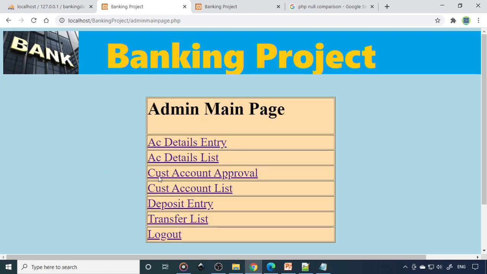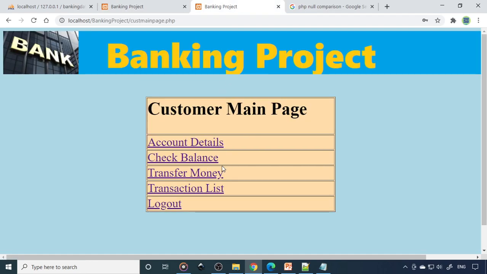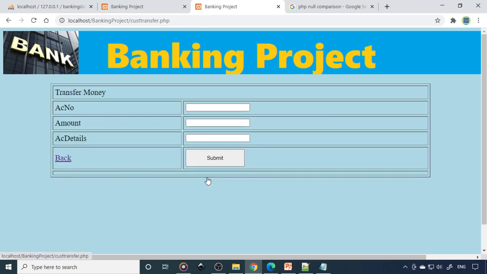So if you go back, now here it is a deposit entry. Now when the customer does the transfer, the transfer list has to come here, and here they can make a transfer. So click transfer, it should take me to transfer. What is the account number, to account number, what is the amount they want to transfer, and account details, like why they want to transfer. All this we can make some changes, and once they're done, the money has to be deducted from this, and then we need to generate the balance. That is also important. We'll see in the next video how to generate the balance.